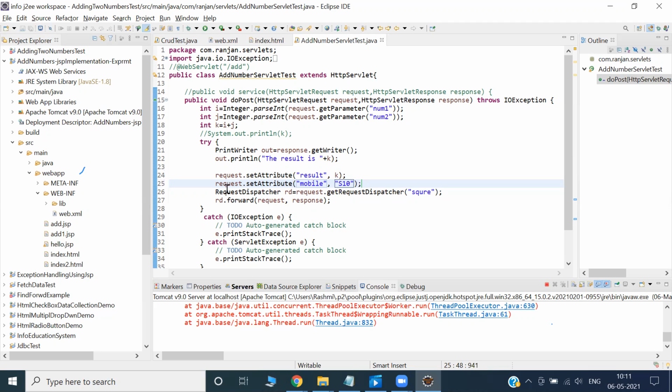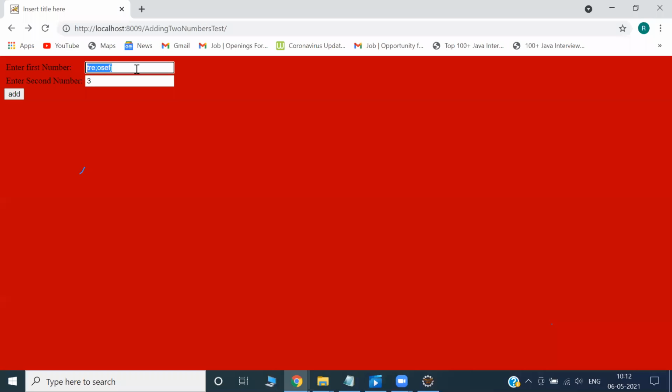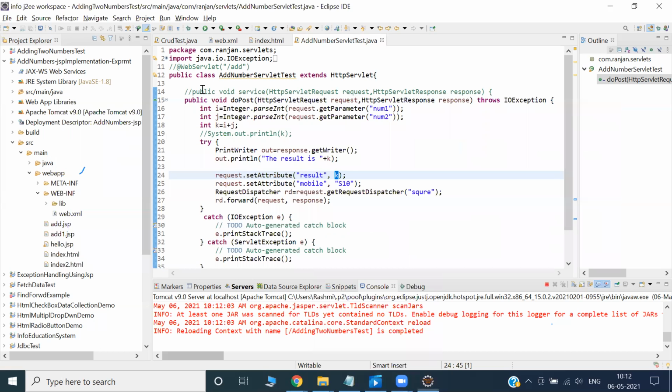Now in this request object, this whole data will get attached. What does the request object contain? Let's say you put 3 plus 7. This 7 and 3 get collected here and stored in K, and it will transfer to square.